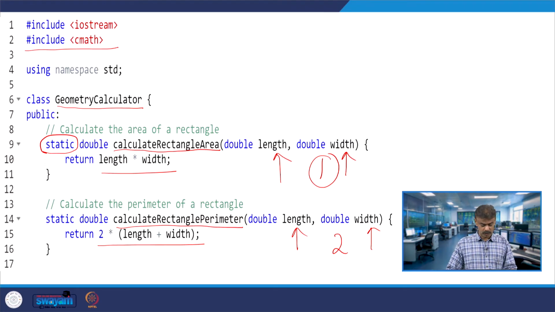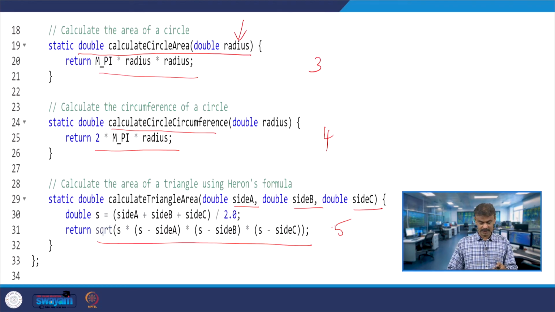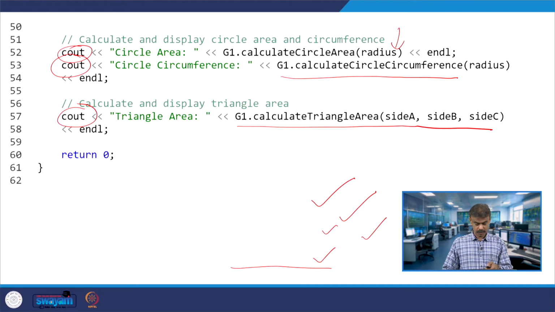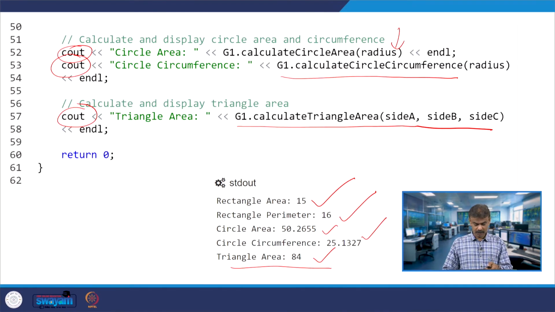We have not used any, we have used 5 member functions. So that also you can do if you are using only member functions, and this is an example that is also allowed in C++, also in Java, any object oriented programming. So, now what we can do, we will run this code.